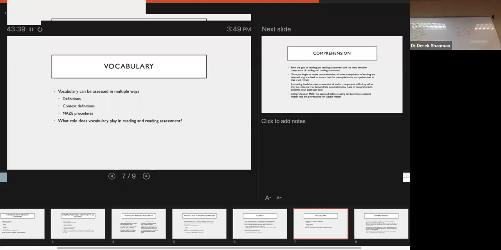Oftentimes in reading assessments, it will show up in these large, big picture reading assessments that are going to look at these five things. It will be something like, what does this word mean? Before you even read anything. What does this word mean? Tell me what you know about this word. Kind of in this nebulous way. Then you read the passage, and in your retell, it's looking, did you include those words? It becomes this very nebulous,